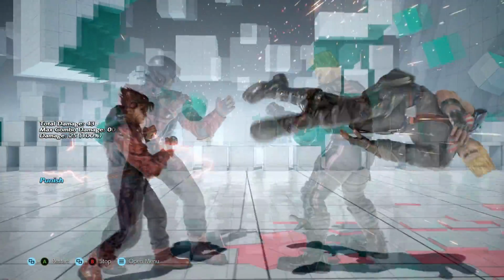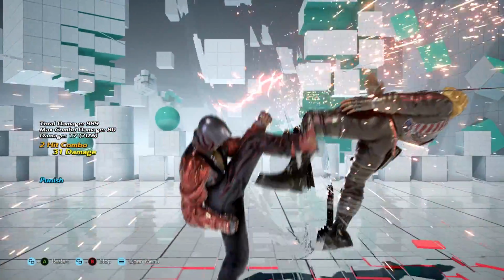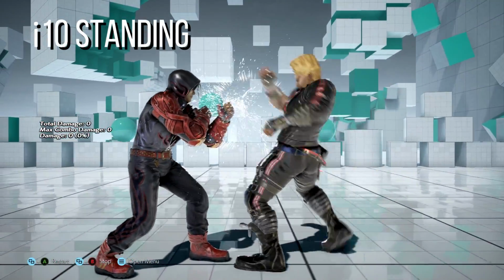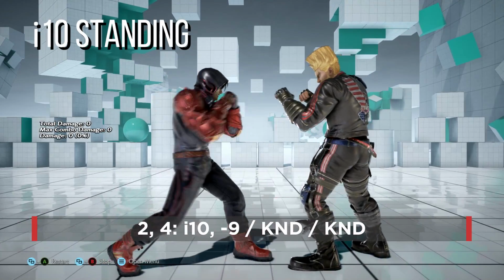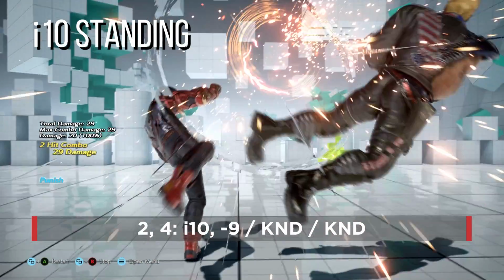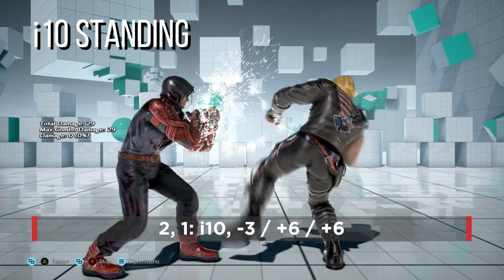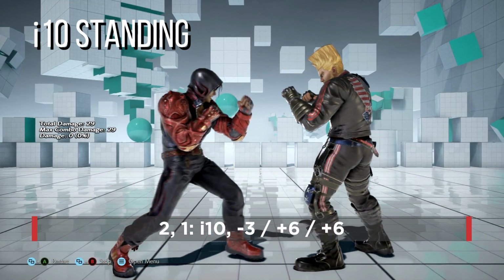Punishment. Jin has some of the best block punishment tools in the game from both standing and crouching. Jin's 10-frame punishes are particularly strong. His 2-4 is damaging and leads to a knockdown or wall splat, while his 2-1 gives you +6 on hit,